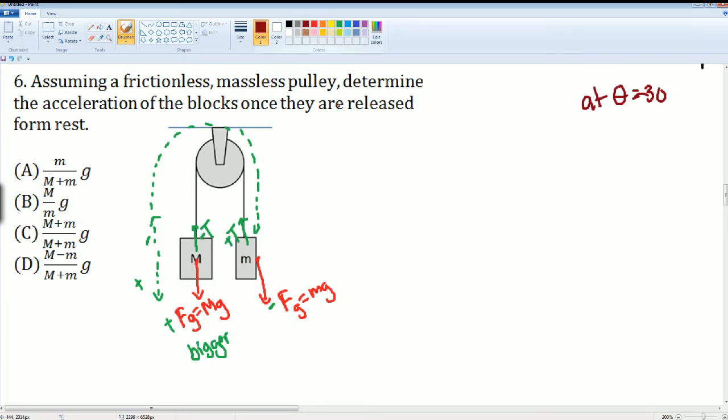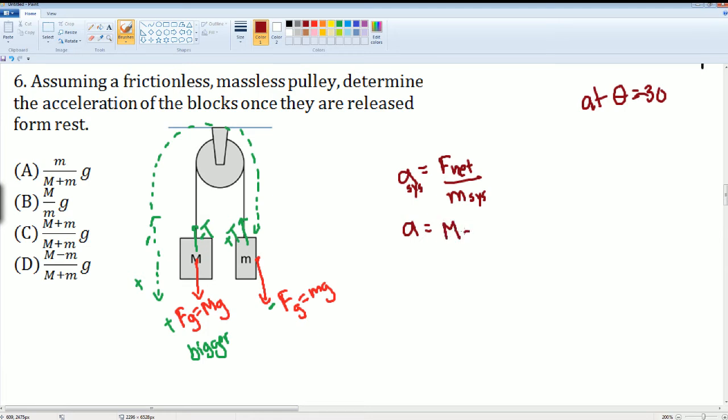So what you have here is, what is the acceleration here? Again, I'm going to set it up from a equals F net over the mass, but please understand it's the acceleration of the system, so this is the mass of the system. So a of the system is the net force. What are the two forces? The tensions cancel, so you have